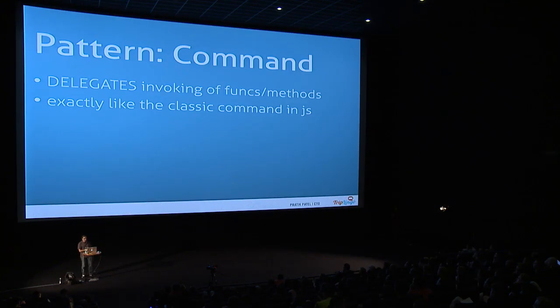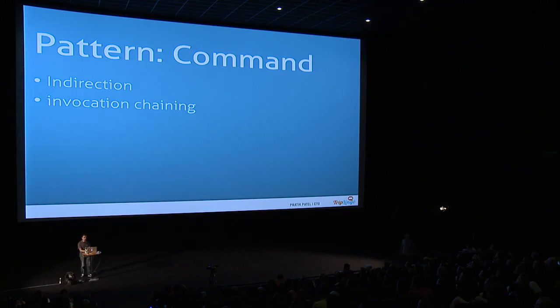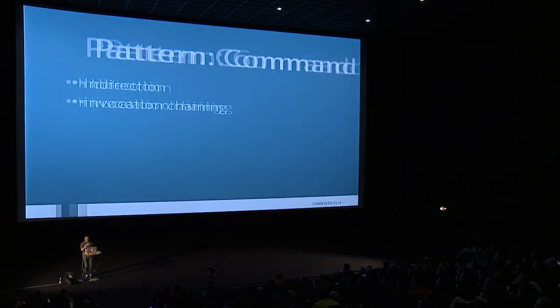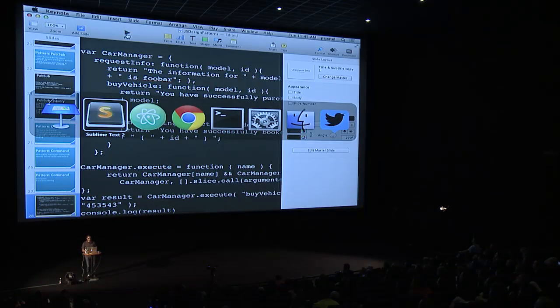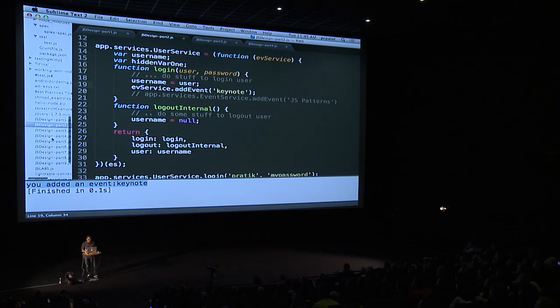All right. So the next pattern we want to talk about is what's known as the command pattern. A command pattern is like a classic command pattern you may implement in any other language, Java or Python, Ruby, whatever it may be. Essentially what it does is it allows you to do delegation of function/method invocation, right? The reason why you want to do that delegation is for two main purposes, so that you can do indirection and invocation chaining. Right? So let's actually start from the beginning and code up a quick example of this specific